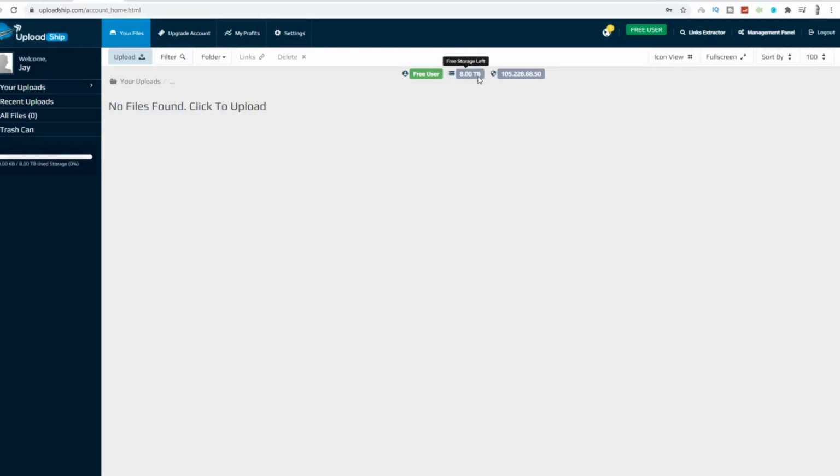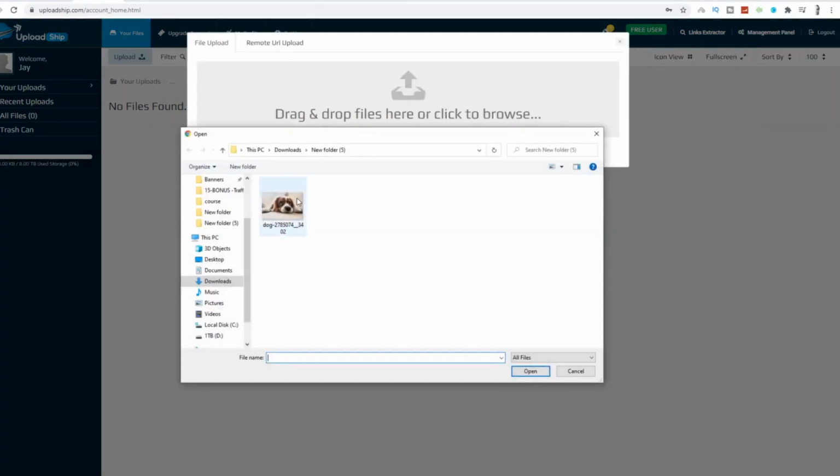So over here, you can see you've got 8 terabytes of free storage. If you think of Google Drive that only offers 15 gigs free, this platform is free and offers over 8 terabytes, which is a lot of storage to have on this drive to share with people and to make money from. So all we can do is click on upload here again, drag and drop the same